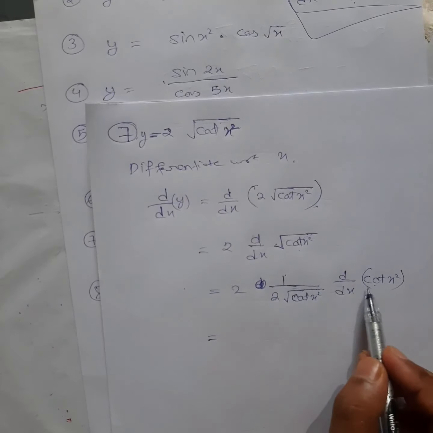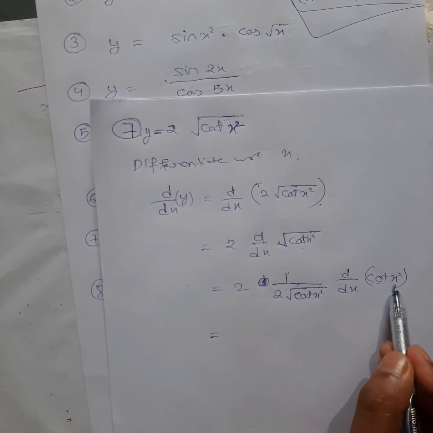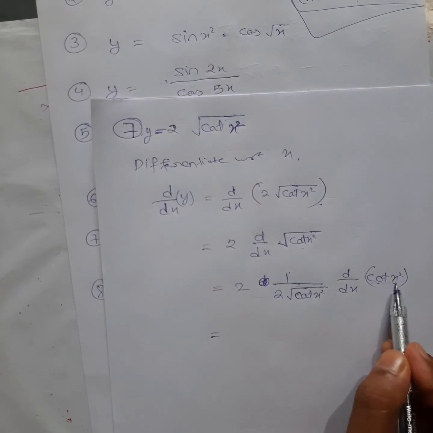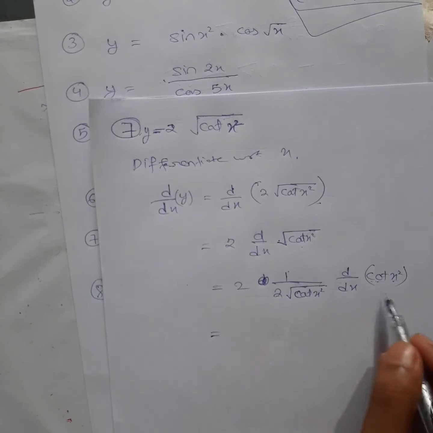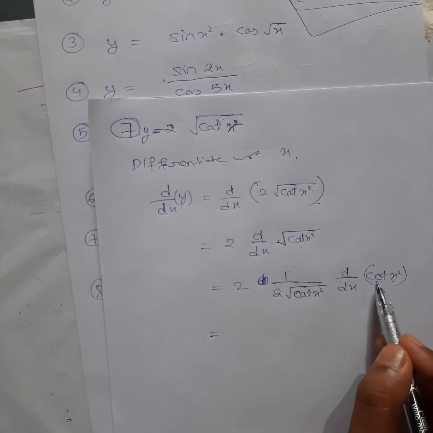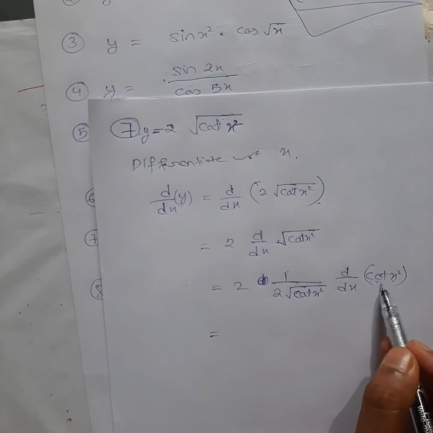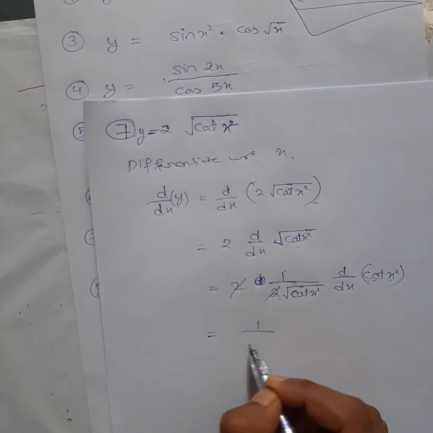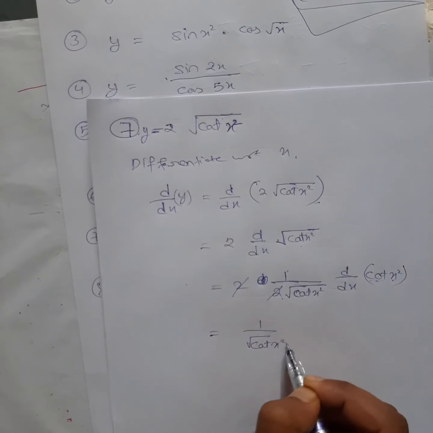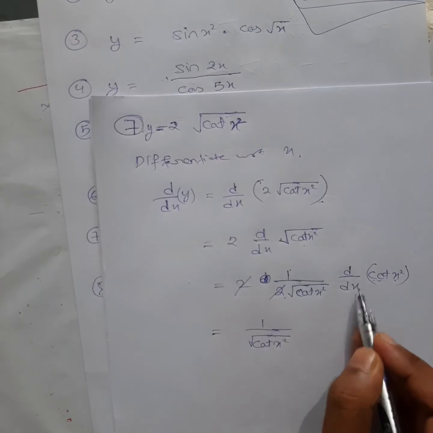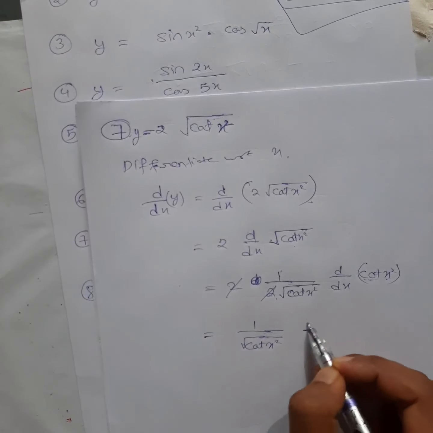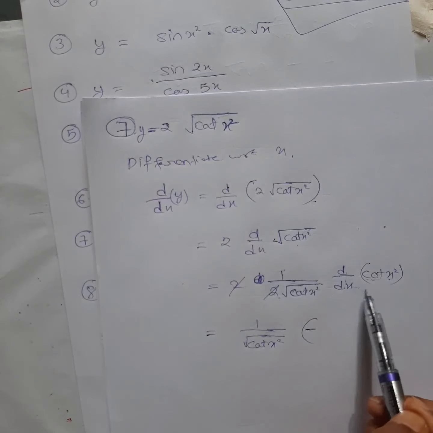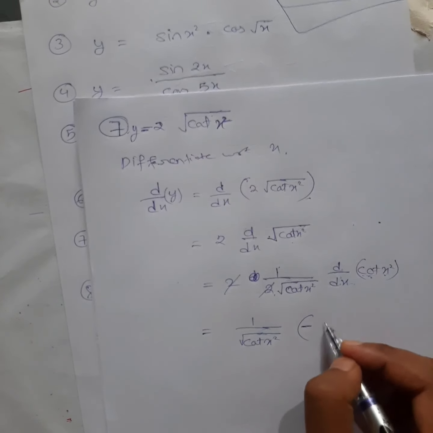Now this is of the form cot x, but in place of x again something else, so you have to differentiate this also again. First we will differentiate the cot form, x squared it is actually, right? Whenever there is differentiation of a co trigonometric function, there will always be a negative sign. Okay, this 2 and this 2 will get cancelled. What you will get here? Root cot x squared. Then d/dx of cot x squared will be minus; whenever it is tan, it is related with sec squared, and d/dx of cot is related with cosec squared, right?